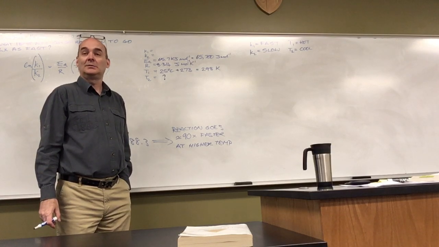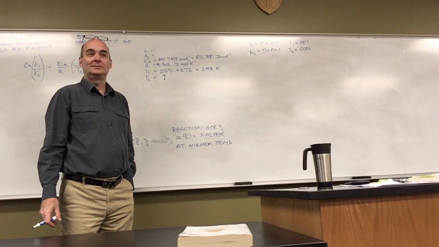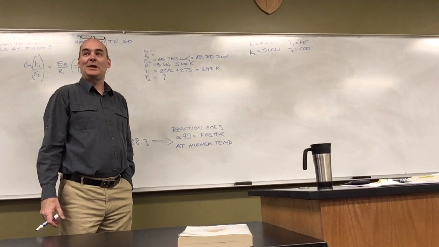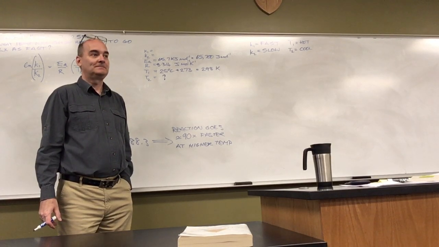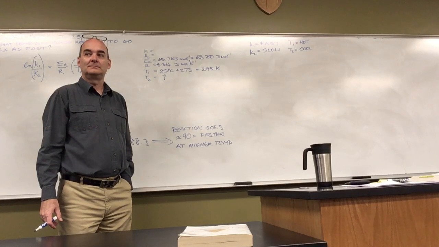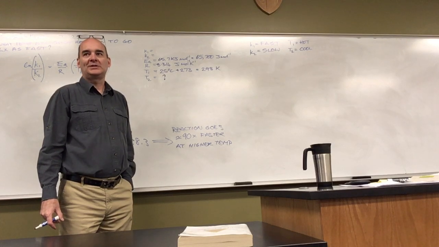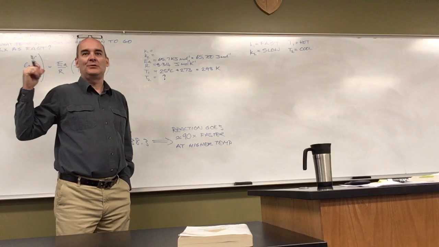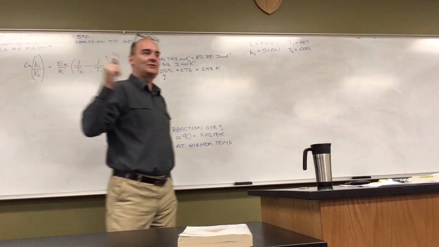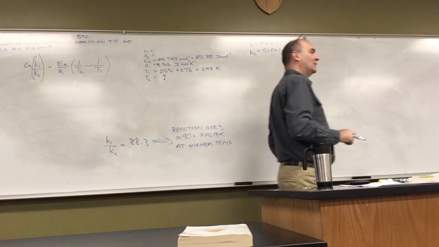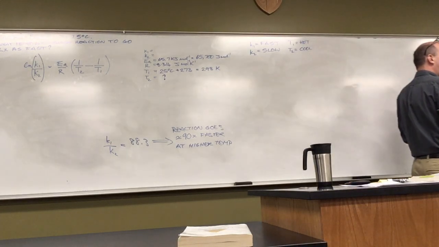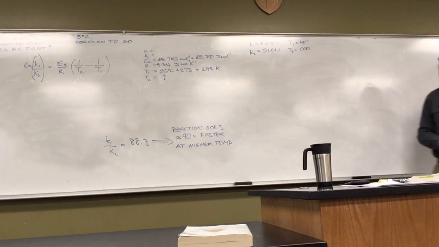What do I know about the values of K1 and K2? The ratio of K1 to K2 is 2. K1, whatever it is, is twice as big as K2. It tells you in the question. The reaction is going twice as fast. Therefore, the rate constant for K1,